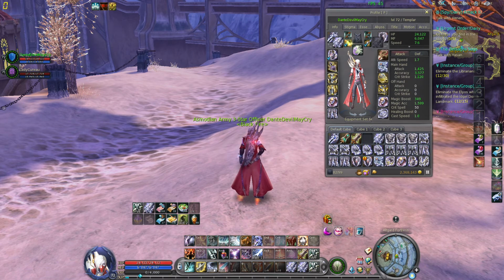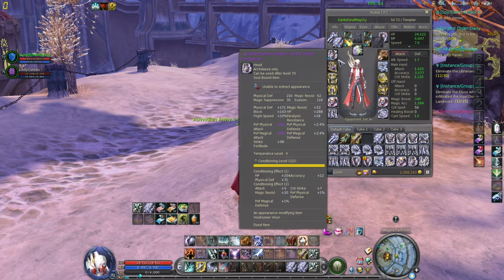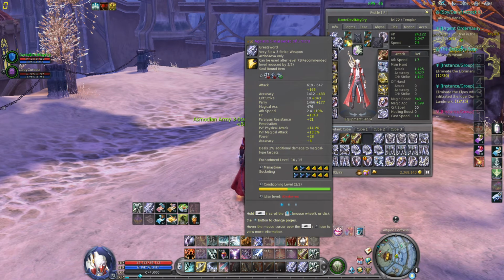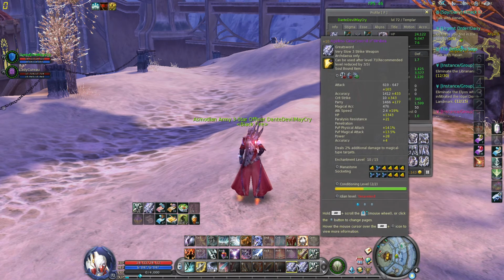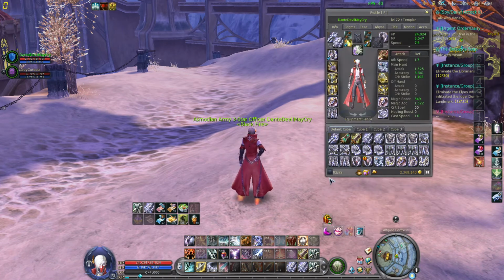The next thing I want to talk about is PvP attack. PvP attack is based on the amount of damage you can do based on your stat. So if you increase your stat, you can also increase your PvP damage, which is true. And I already did the calculations because I didn't want to make the segment too long. I wanted to make it 20 or 25 minutes. I calculated that